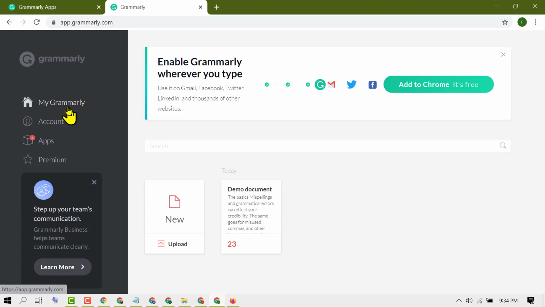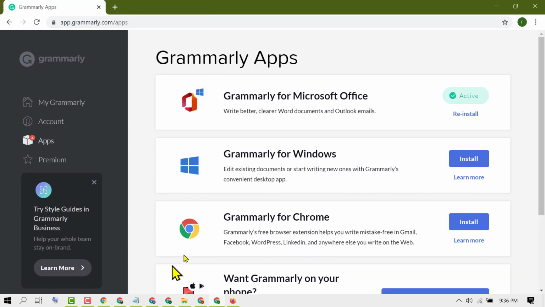Now click on My Grammarly. Once you successfully sign in, click on My Grammarly, then click on Apps. Now friends, here you will find the option Grammarly for Microsoft Office. Just click on Install